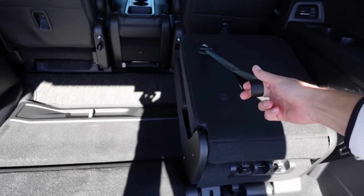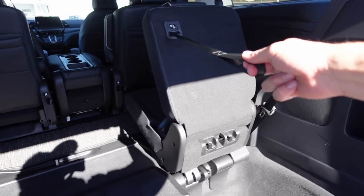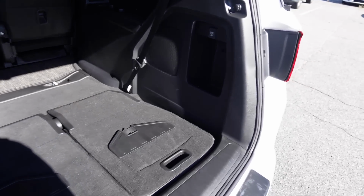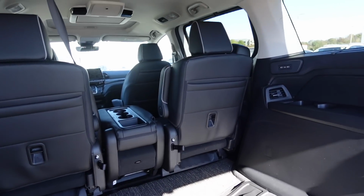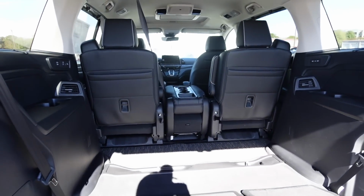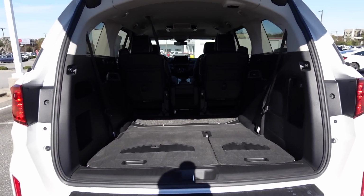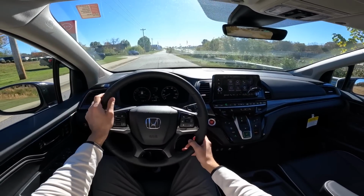We'll show that one more time from this angle. You can see the seat coming up and then pulling it all the way again into the floor. So definitely makes it extremely practical. And then manually we can lower the second row and get them nice and folded or slide them out of the way. So setting off now in the Honda Odyssey,